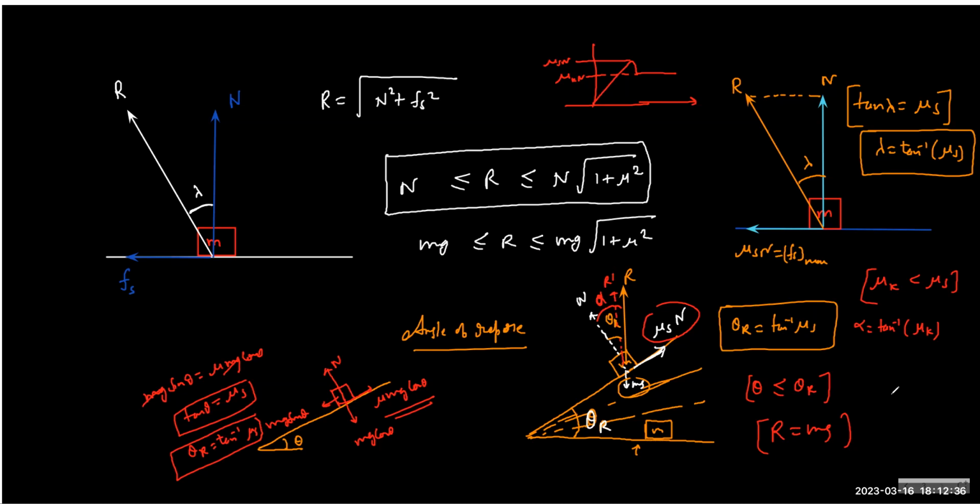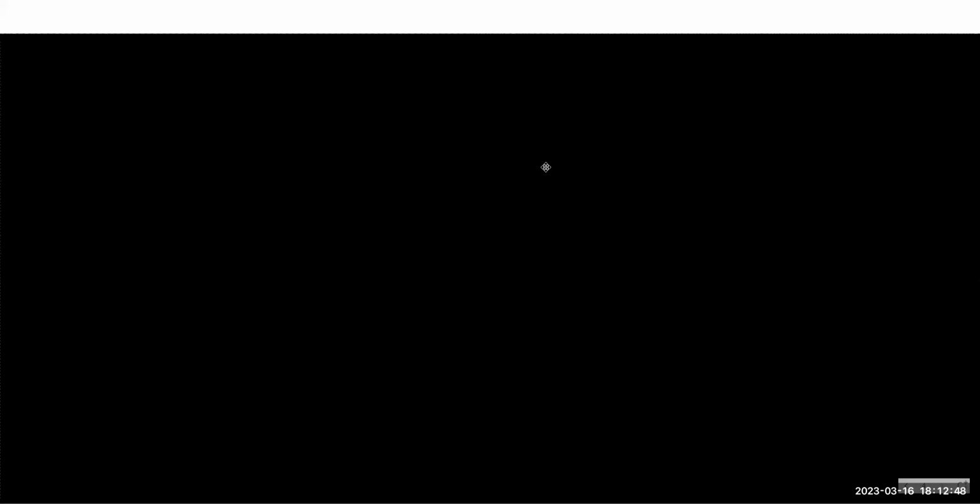So the whole idea is, this is a different perspective of looking at the problem. I'll show you some numerical. Okay, so far so good. So what is the condition for slipping? The condition for slipping is the angle of the incline must be more than